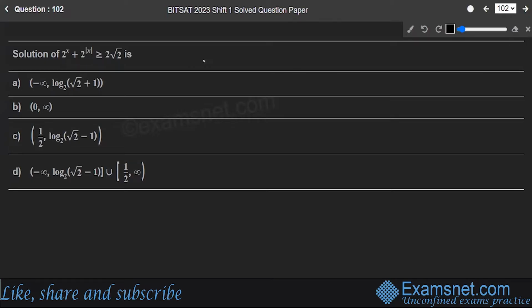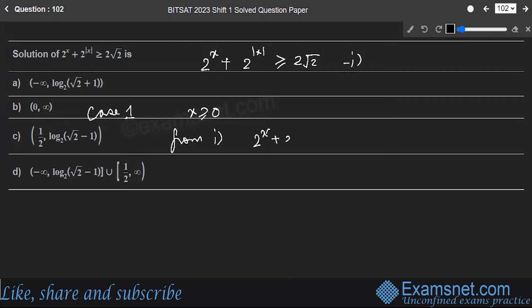Okay, so you are given the equation 2 power x plus 2 power mod of x is greater than or equal to 2 root 2. Let's say this is equation 1. So first case is when x is greater than or equal to 0. Then what does this equation become? From equation 1, you have 2 power x plus 2 power x is greater than or equal to 2 root 2,